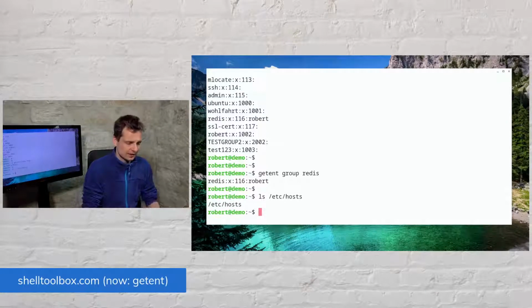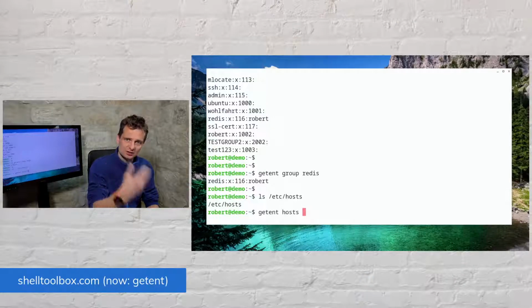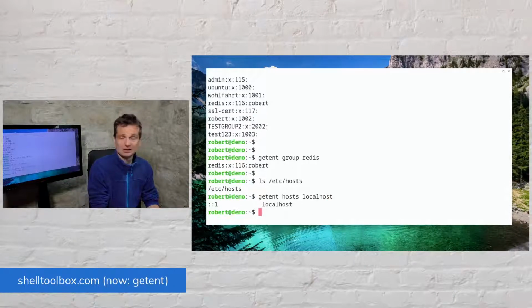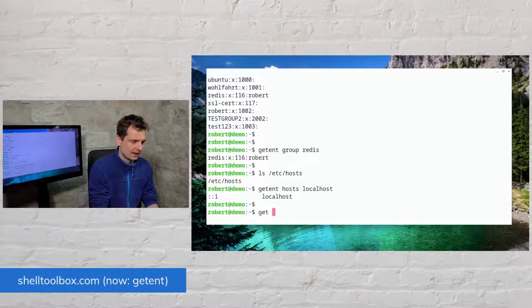Yeah, and getent hosts would ask this system database, the host system database, for a special host, for instance, for localhost. Do we have localhost? Yes, we have localhost with the IP version 6 address ::1. Or getent